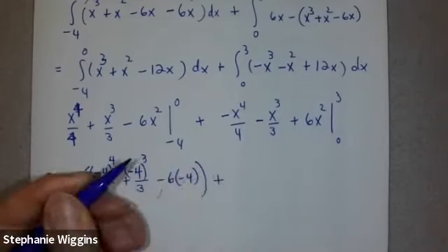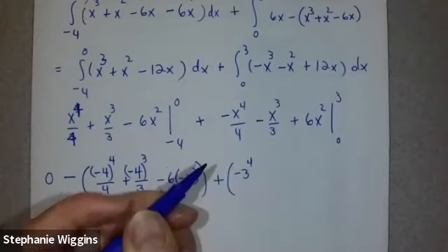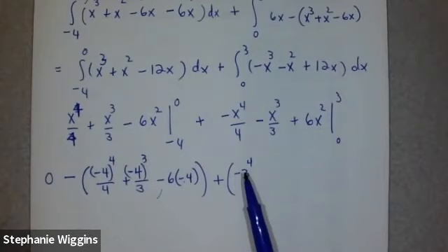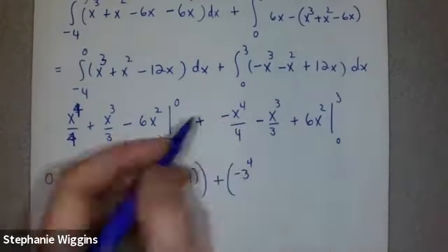Then you're going to add to that what you get when you plug in 3. So that's minus 3 to the 4th. Now, this is minus 3, but the negative is not raised to the 4th because I'm plugging in 3. I'm not plugging in -3. I'm plugging in 3. So that negative stays on the outside. And you just have -3 to the 4th, as opposed to this where the negative is inside the parentheses. And you know what I'm saying. So here we have